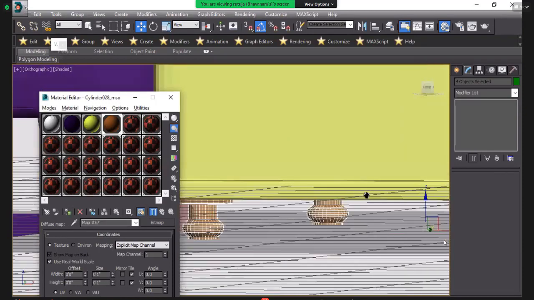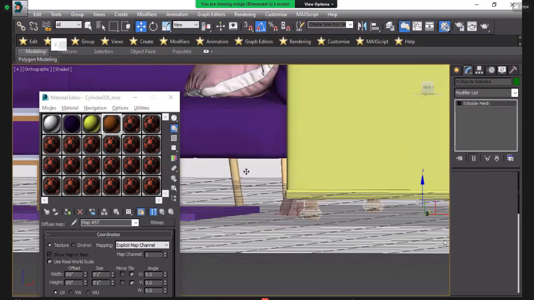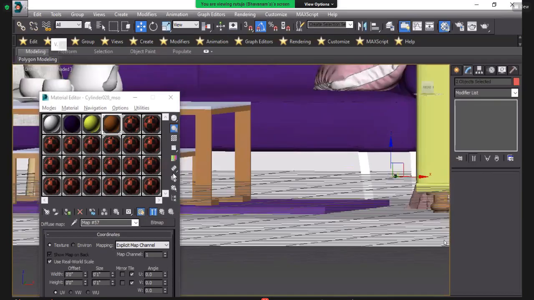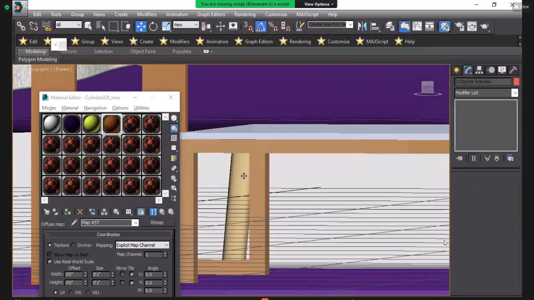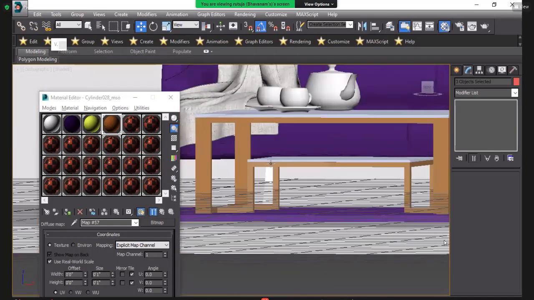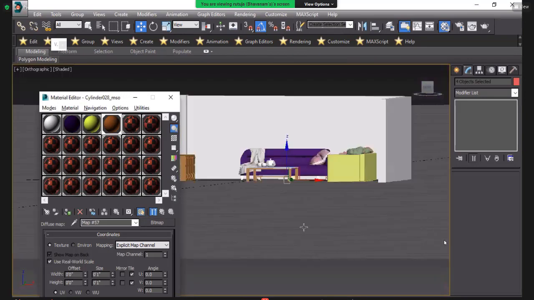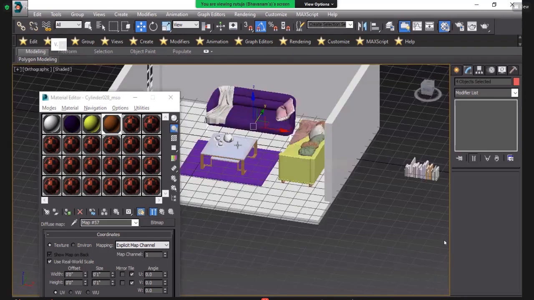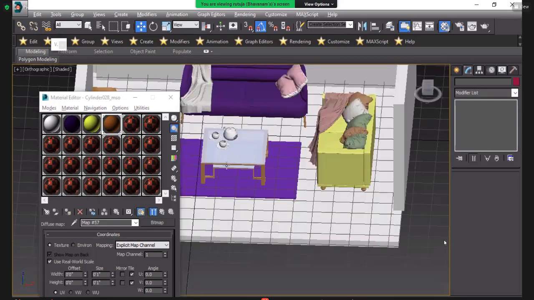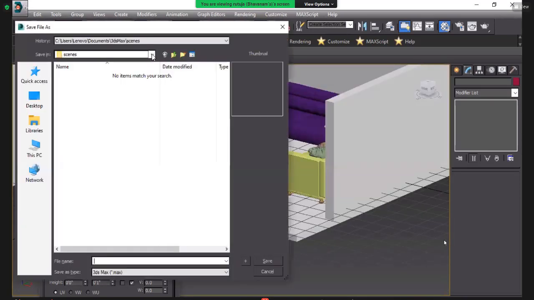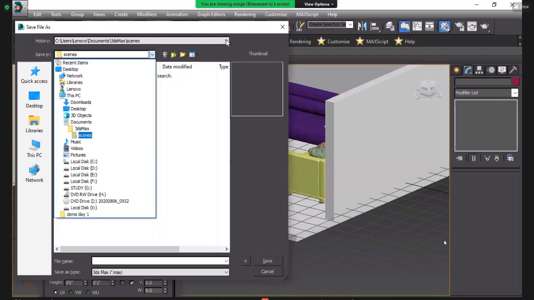So that's why I will use here also this wooden texture. So guys, I will tell you previously also, take a minimum color and make your model. Like that. Yeah. Save your project. I will save on the desktop.